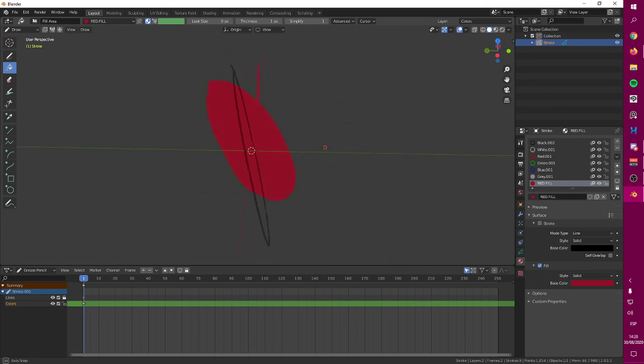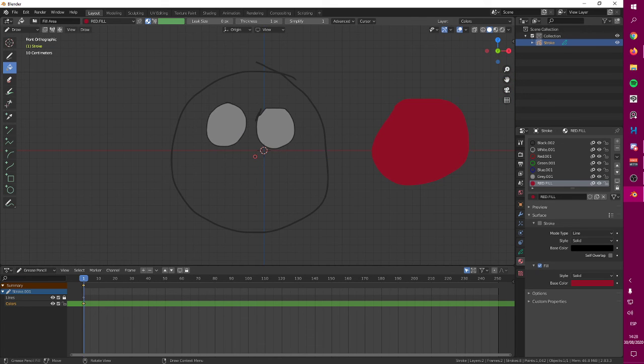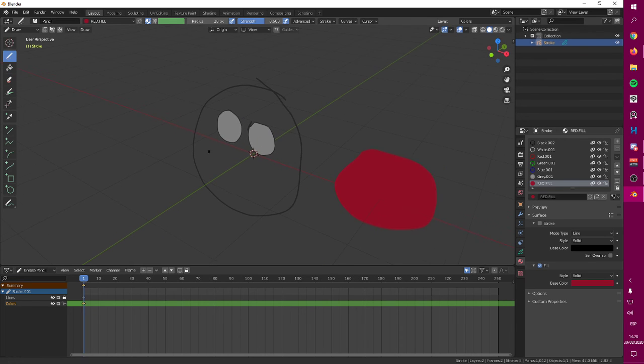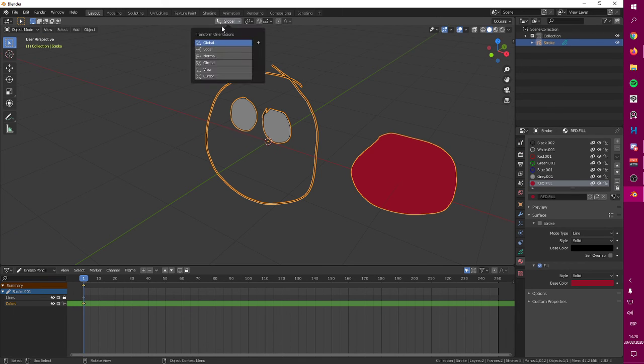That's why it is not recommended to work on colors in a perspective mode, but rather go into your front mode and paint it like that. Right now my entire drawing is flipped, because when I drew it, I was drawing in this perspective position.